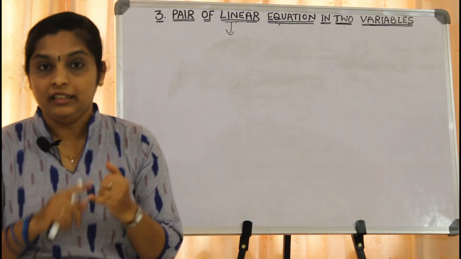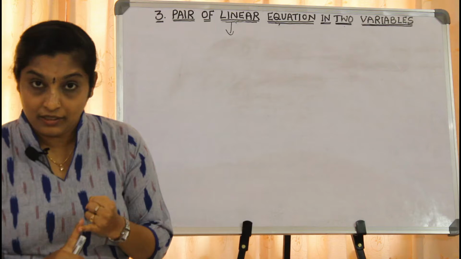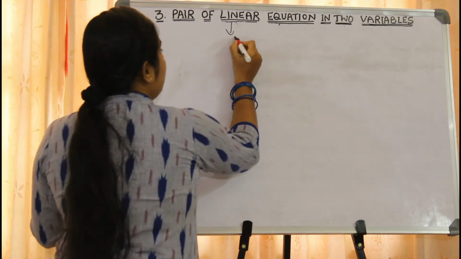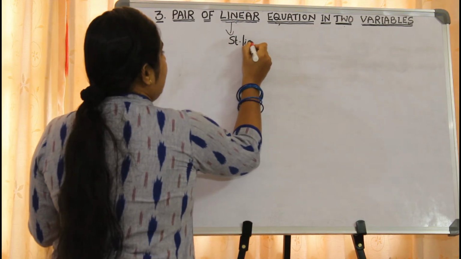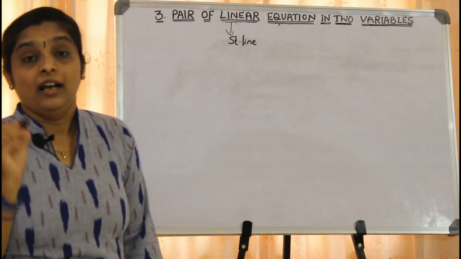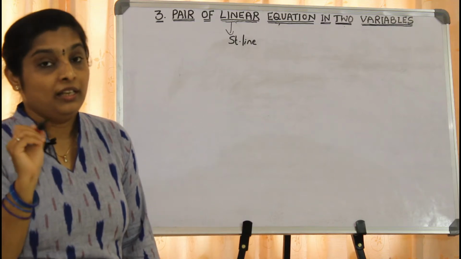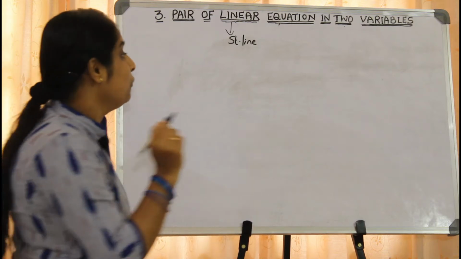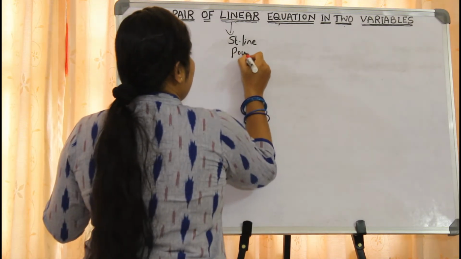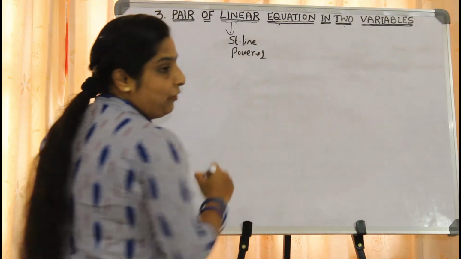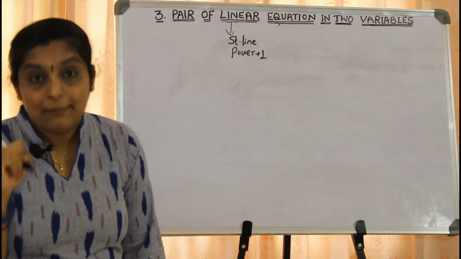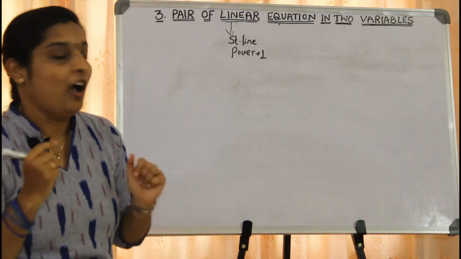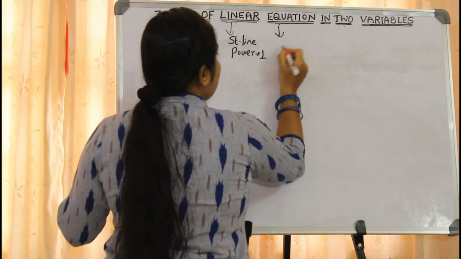What is linear? Linear is something which represents a straight line, an equation which represents a straight line. So this should represent a straight line. What else? What is a linear equation? The linear equation is an equation in which the highest power of the variable is 1. So the power of the variable should be 1. And the equation is an expression which has an equal sign, and it should also have LHS and RHS. So this is an expression,